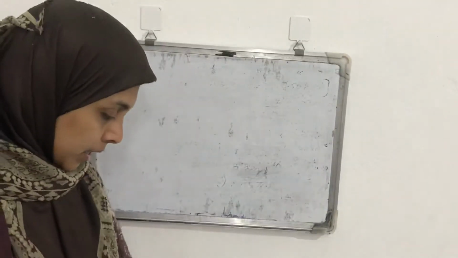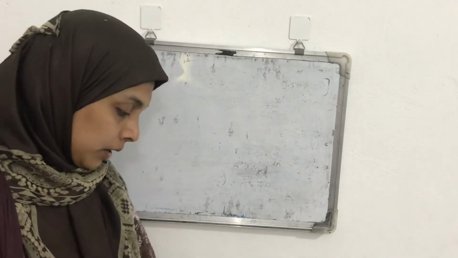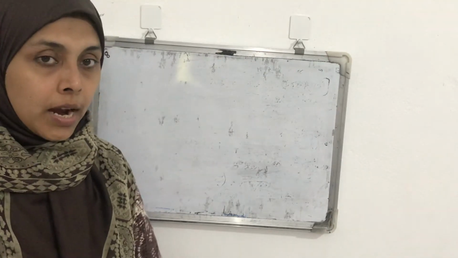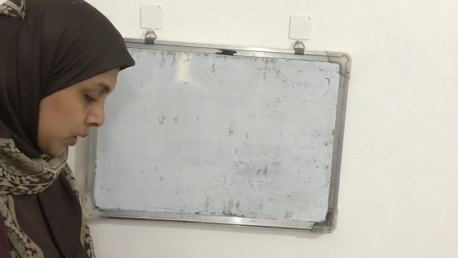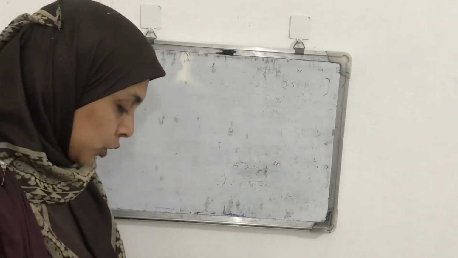So yesterday I gave one homework. Find x in the following figures. Using that property of exterior angle sum property, you can find out the value of x. Now question number 2.